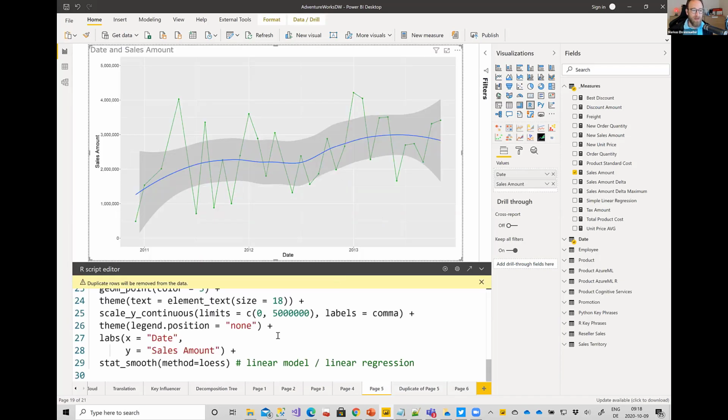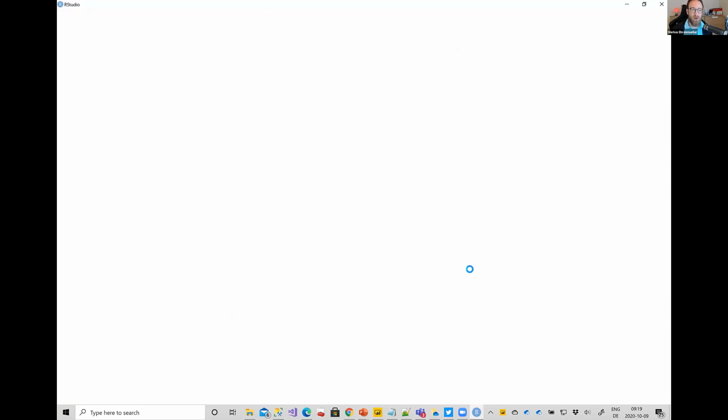So I usually do not, I mean, simple things I will change here, but usually I write my scripts not in Power BI, but you can install an IDE, an R script editor, for example. That's also an open source editor for R. And if I click this button, then Power BI is so nice, it not only opens up the R editor for me,